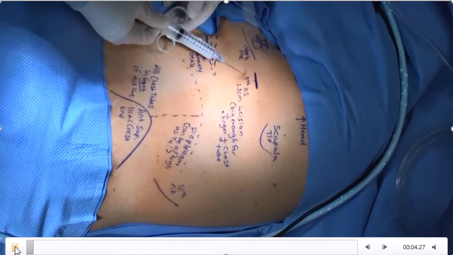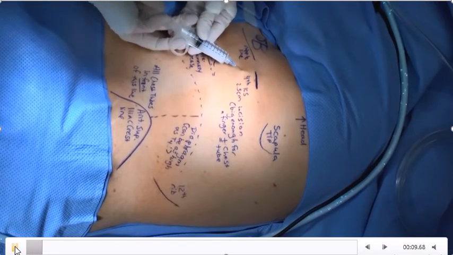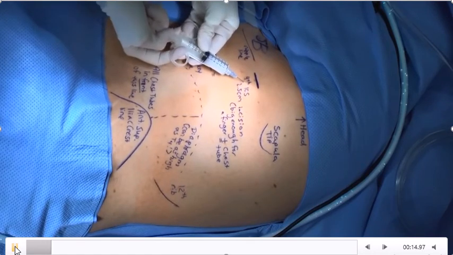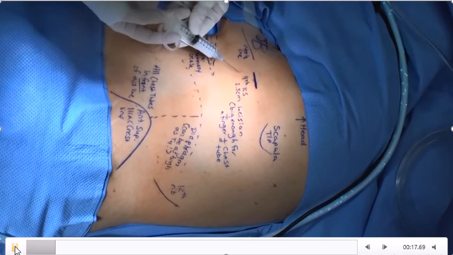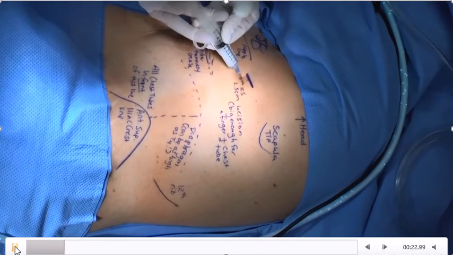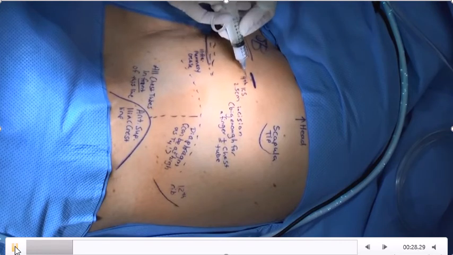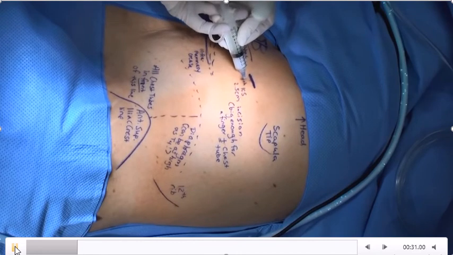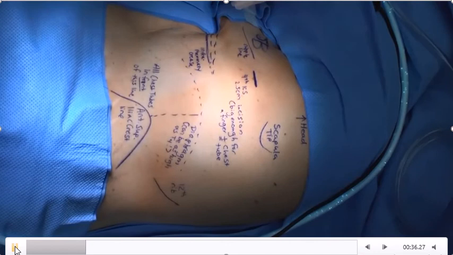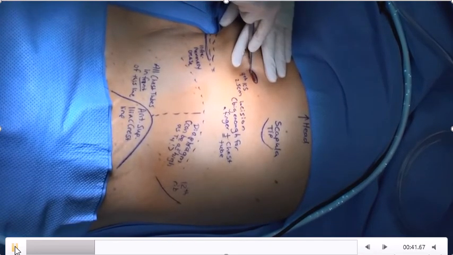First, the doctor is infiltrating the skin and subcutaneous tissue with the local anesthetic, as you can see, and there are markers and writing of the local anatomy in order to obtain the right position for the chest tube insertion. Here he is infiltrating the local anesthetic. Then he is making the skin incision now along the mark he has done,